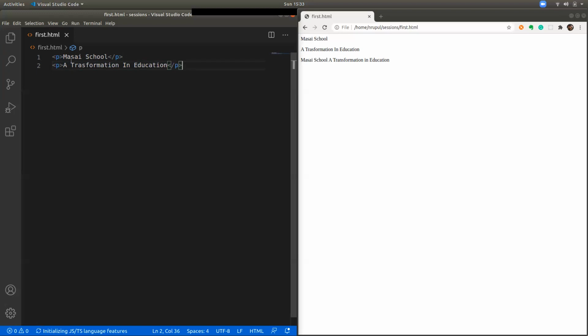Okay, now in some time you'll see an element can have many more things which are called attributes, which we will look at in some time.